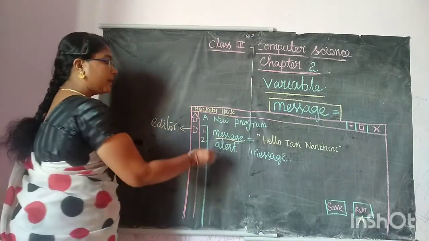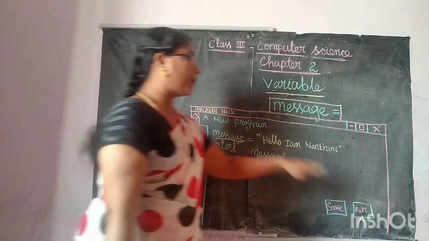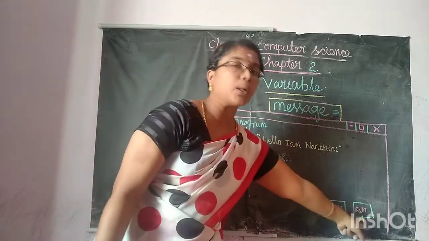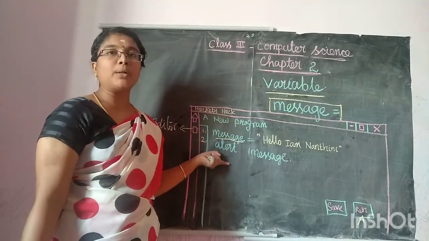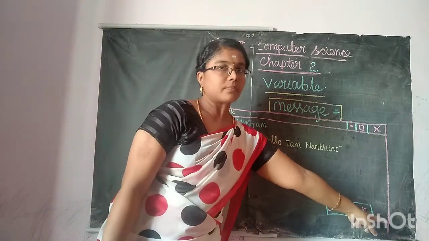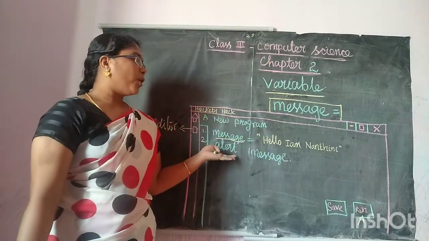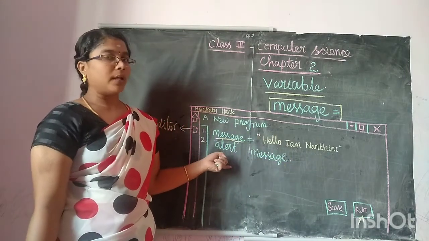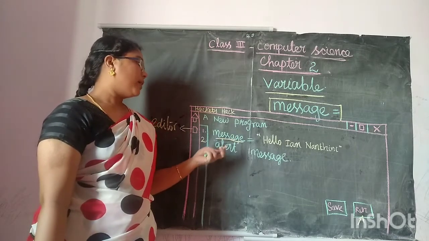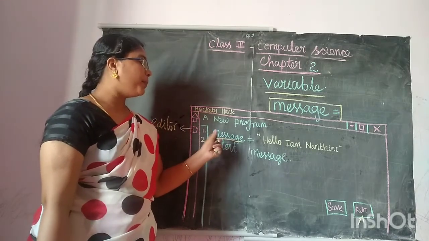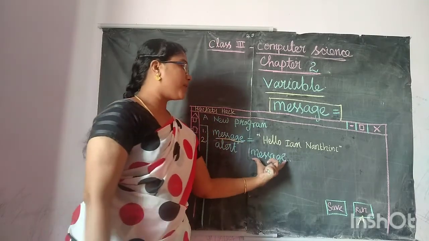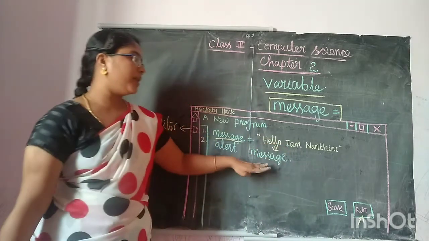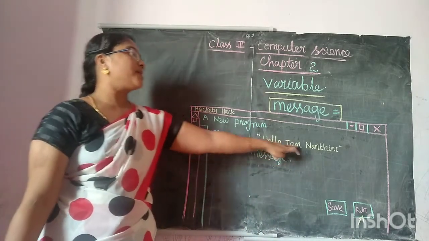If you just simply give run, it will not work. Simply typing the variable will not work. We should write the alert command to run it. Students, if you want to display a message, you should write the alert command. The last class we learned the alert command. So here you write alert and simply message only. Within this message variable, the message will be included.